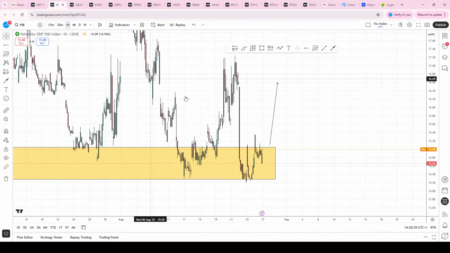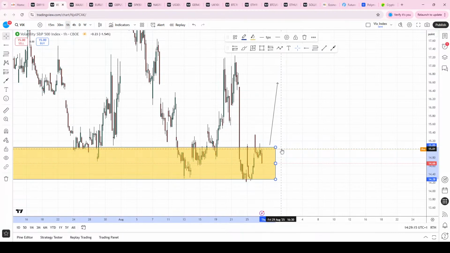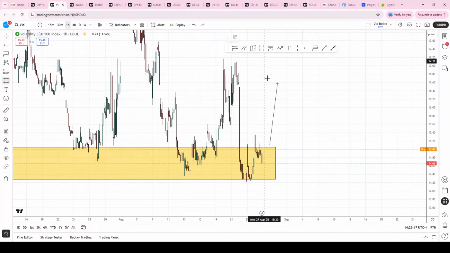But also as well with the VIX, you have to see that there is going to be an unfilled gap. So in a moment or two, when the markets open up and we get the proper pricing on the volatility index for the S&P via the CBOE, we're going to obviously see a gap. So this is obviously going to be important as well, because this area here from last night's close to today's open is going to give a gap.